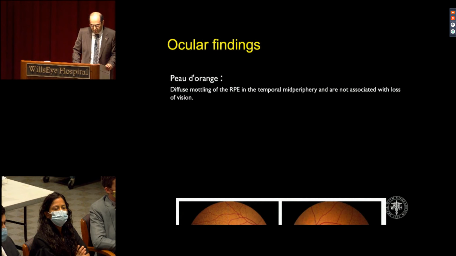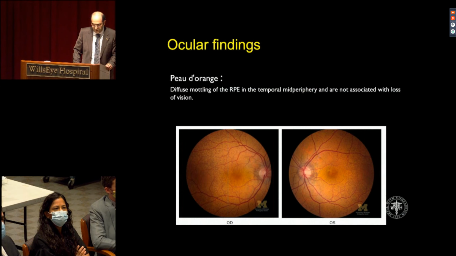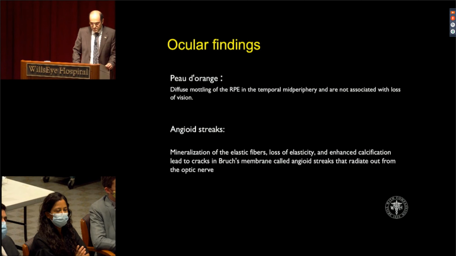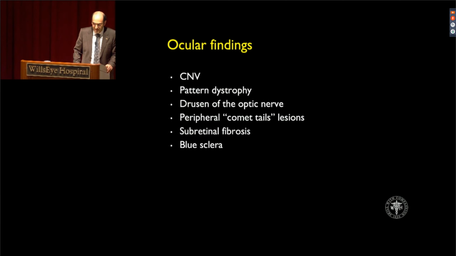You can see here the peau d'orange appearance of the macula. And also we have angioid streaks, which are basically cracks in Bruch's membrane that radiate from the optic nerve. The reason is mineralization of elastic fibers, loss of elasticity, and enhanced calcification in Bruch's membrane. Other ocular findings are CNVM, dystrophies like pattern dystrophy, drusen of the optic nerve, peripheral comet tail lesions, subretinal fibrosis,